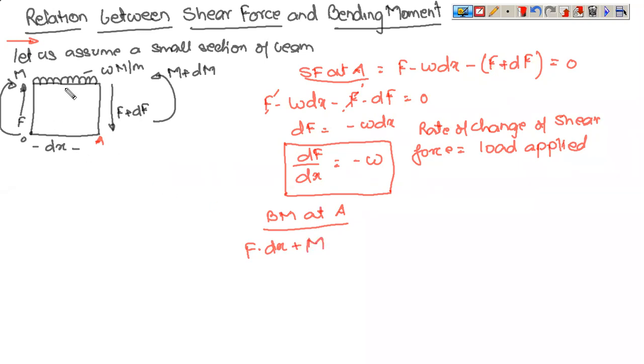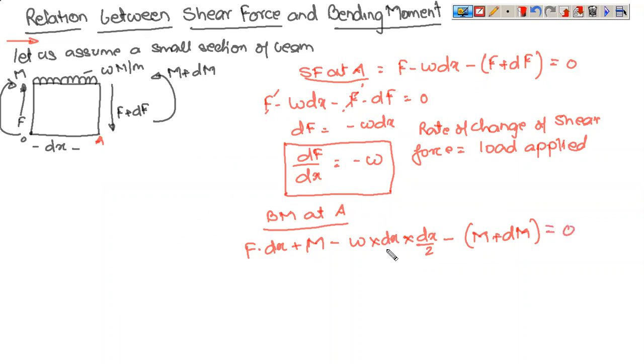Now you have an anti-clockwise moment arising out of this uniformly distributed load. So this is given as minus w into dx by 2. This UDL, if taken moment about A, will give you a value w into dx by 2. Now this F plus dF is acting at this point, so this will not produce any moment. And you have an anti-clockwise moment of minus M plus dM also acting here. So as the entire system is in equilibrium, or you can say that the entire length of the beam has been covered, so there is no beam existing afterwards, this is equal to 0.